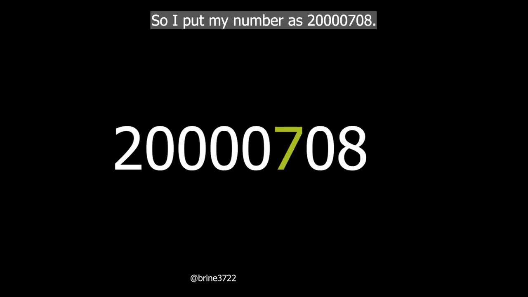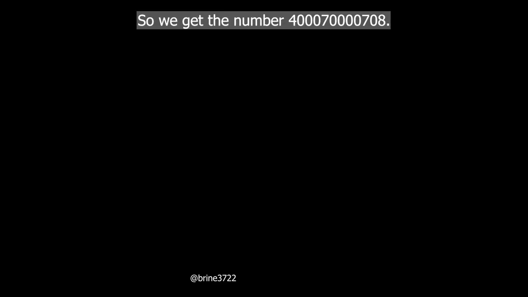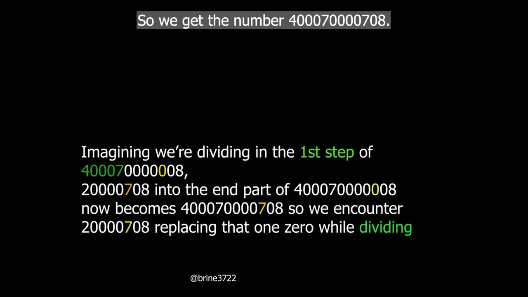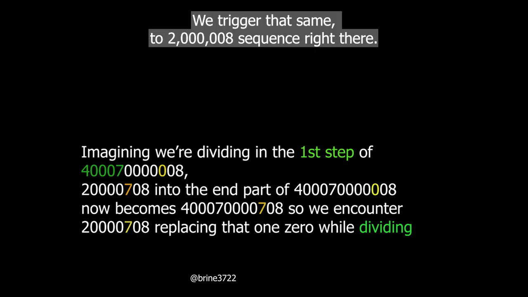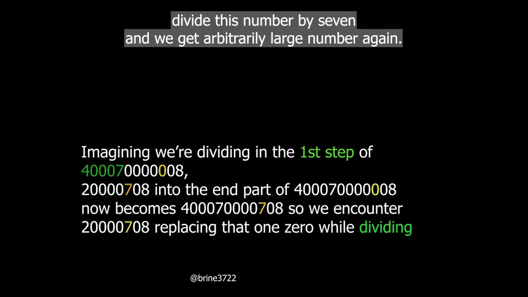So I want to put it near the end, so I put my number as 2,000,000,0708, which itself is divisible by 7, and we get the number 2,857,244. Now let's plug in that 7 into the larger number here, so we get the number 4,000,007,000,008. We trigger that same 2,000,008 sequence right there. And looking at that again, divide this number by 7, and we get our really large number again,